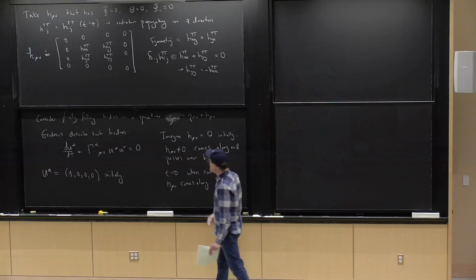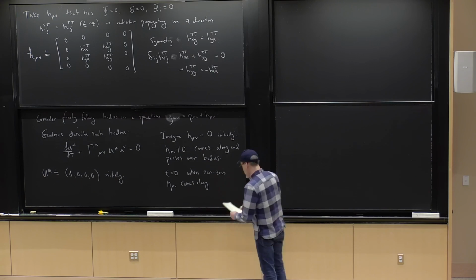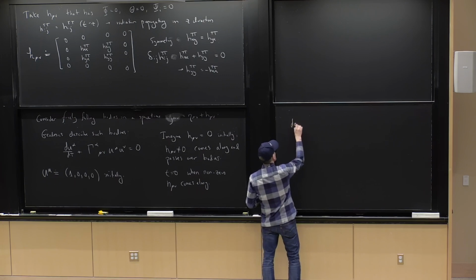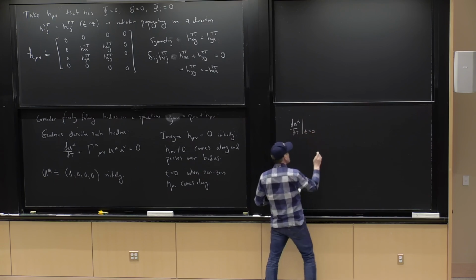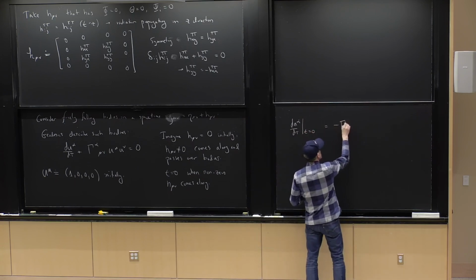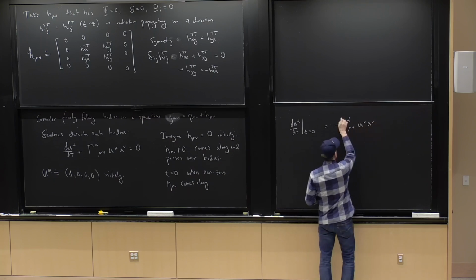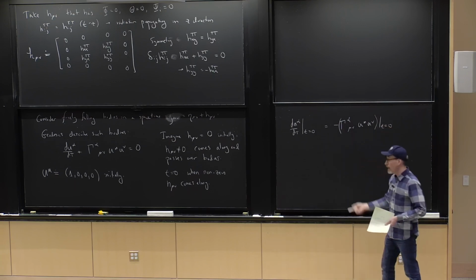So my space-time is just eta mu nu for all earlier times. My particles are sitting here at rest at all earlier times. Then h mu nu comes along. So what we want to do then is look at how this guy behaves at t equals 0. Okay, now initially,